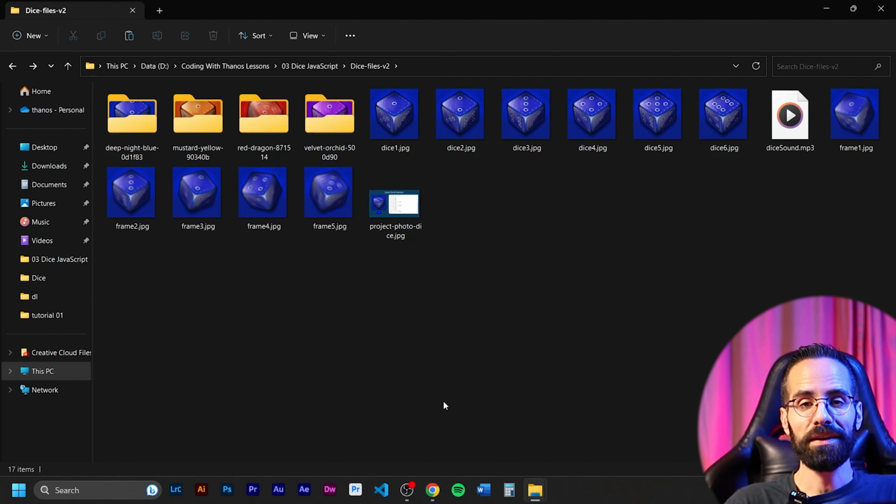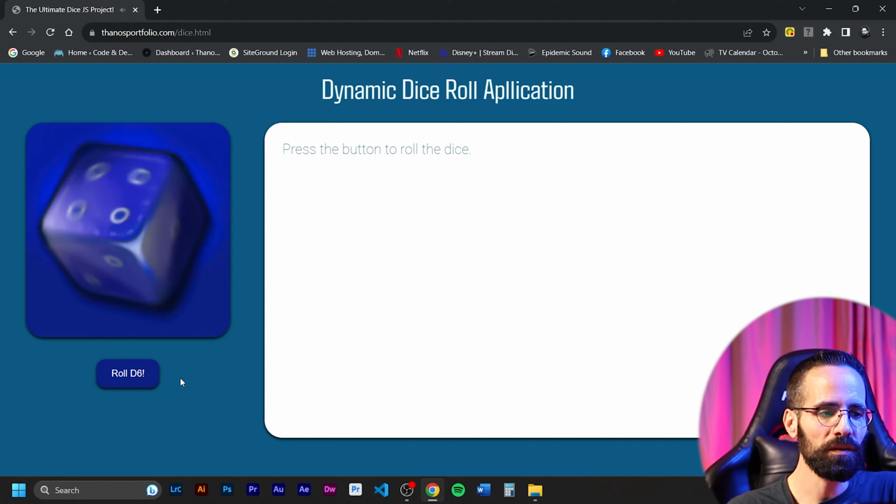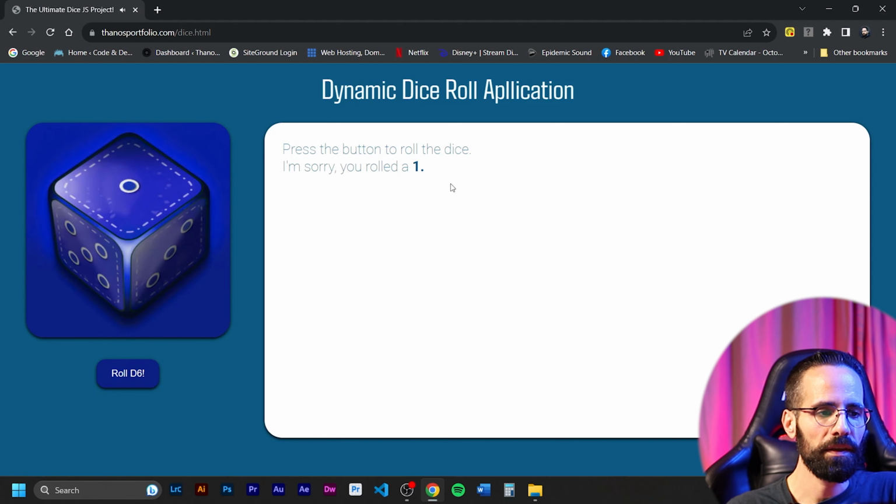Today I'm super excited because we're gonna build together the most complex dice roll application on the internet. We're gonna take the classic dice roll application, but we're gonna take it a lot of steps higher. I created all the graphics we are going to use on Photoshop and Illustrator, and they're available for a free download as always. So by clicking this button, we get an animation and the result,